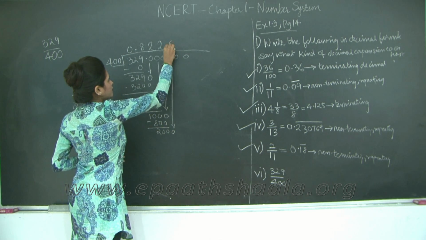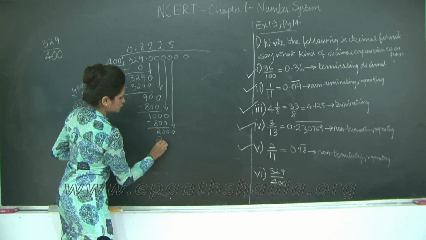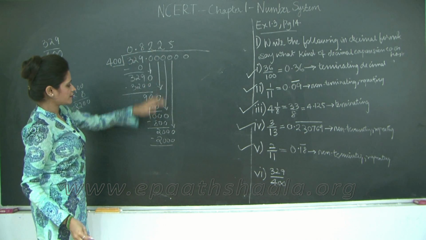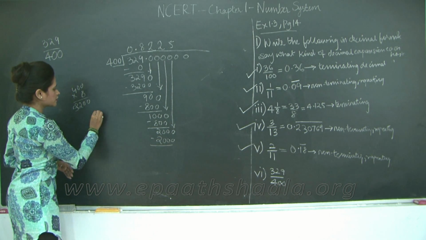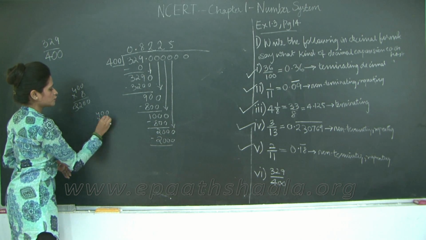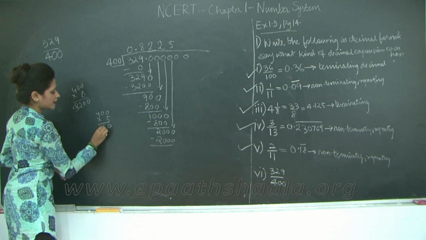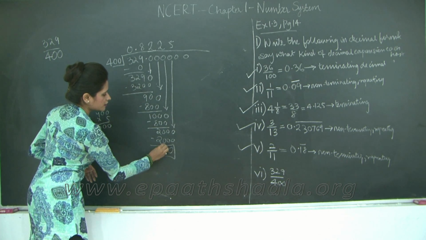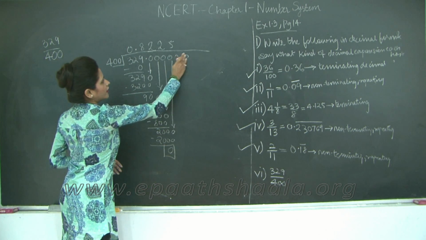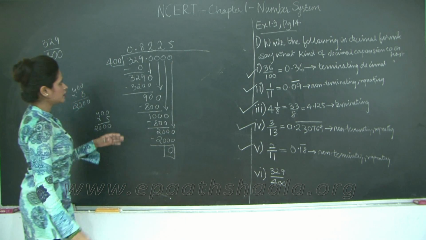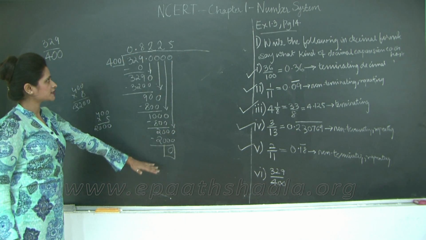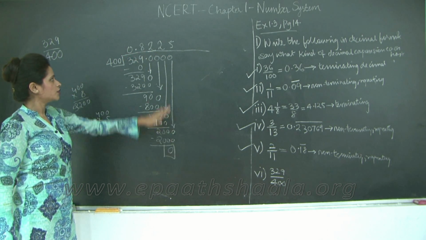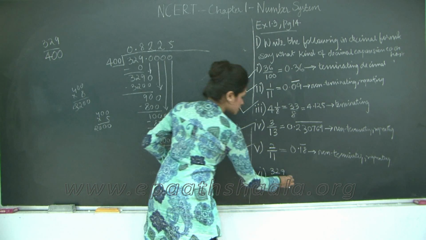I have 4 5s are. So 400 into 5 is going to give me 2000. If you want, you can confirm it. 400 into 5. 5 zeros are 0, 5 0 0, 5 4s are 20. So 2000. So I got a remainder as 0. Therefore, I do not need these zeros anymore. And my calculation has terminated. I have a definite quotient because I got a remainder as 0. So therefore, the answer to this would be